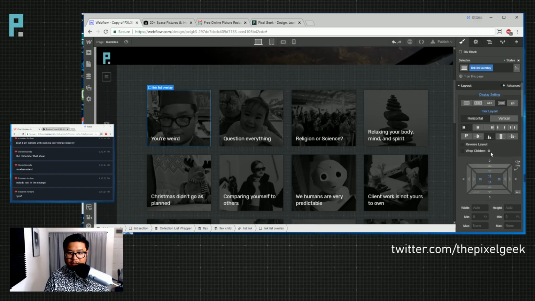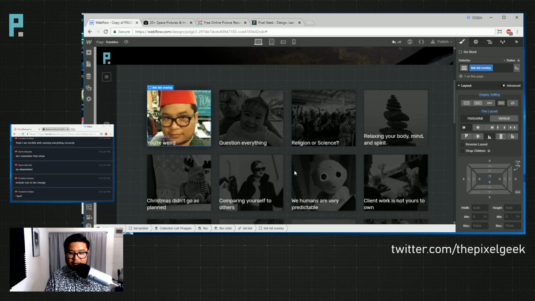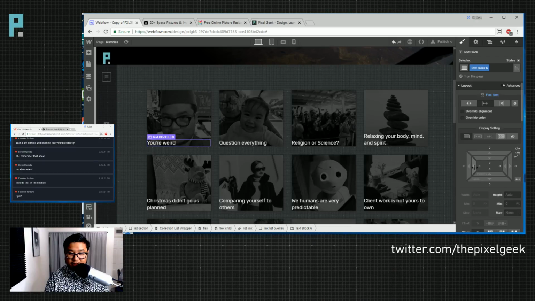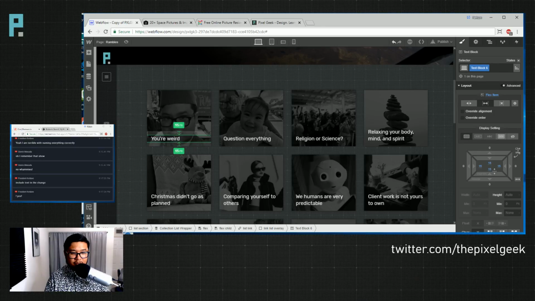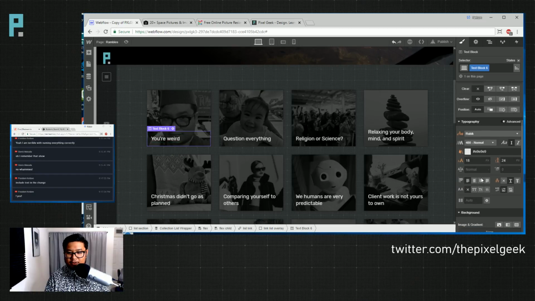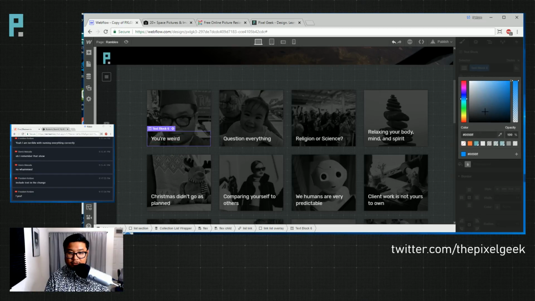This link overlay is not going to have this or this or this. But this right here is going to have that. Both sides. 2015. And then top and bottom will be 15. Yeah. And then the background of this text box is going to be